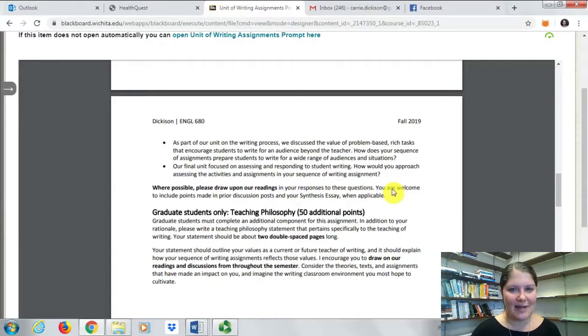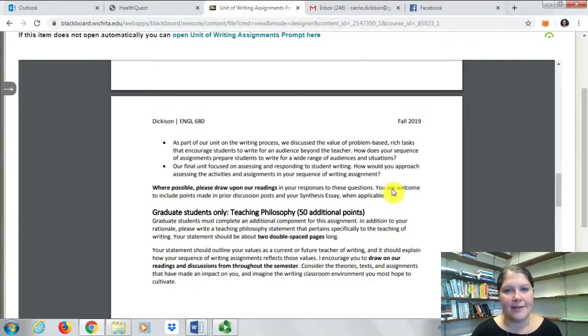The second question has to do with the kinds of assignments that you're including in your sequence of assignments. So as part of our unit on the writing process, we discussed the value of problem-based rich tasks that encourage students to write for an audience beyond the teacher. So I want you to explain how your sequence of assignments prepares students to write for a wide range of audiences and situations. So how does it prepare students to write for not just the teacher and not just a traditional